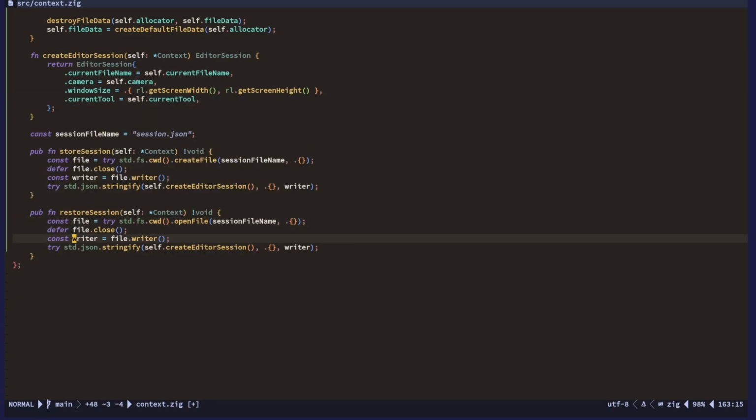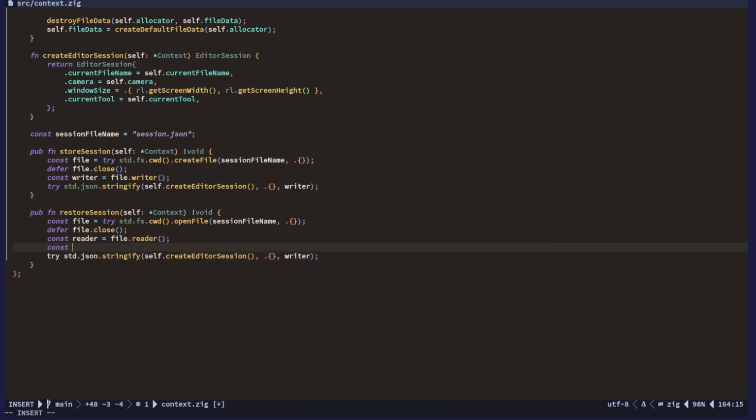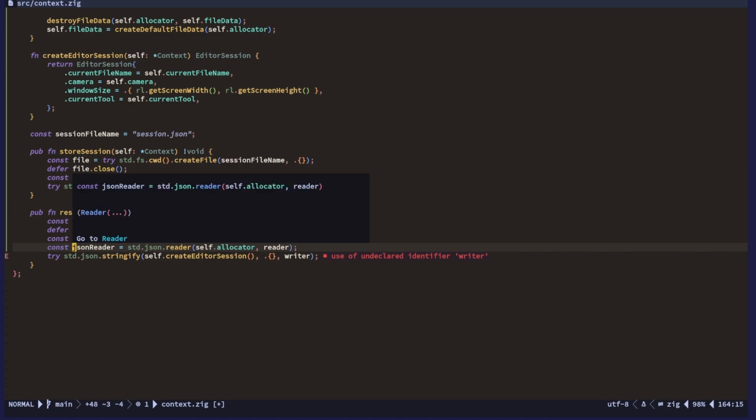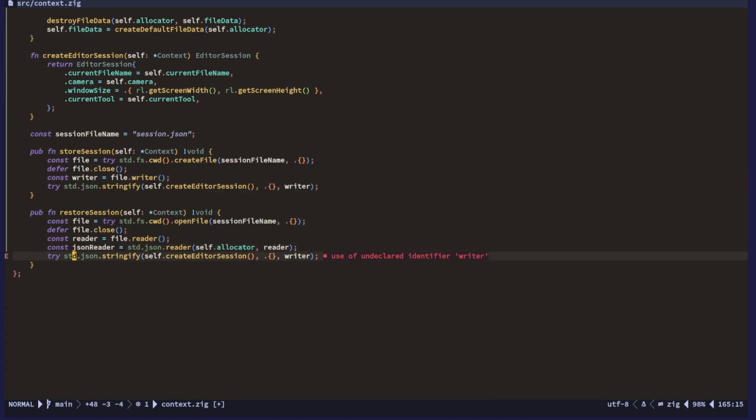Okay. And then we have a reader instead of a writer. And we also have a JSON reader. This is style JSON reader. Allocator is self allocator. The reader is reader. Okay. Somewhere in this we need to put an ampersand, but let's just do it like this for now. So then we do try, and then we need, what do we need? JSON dot parse